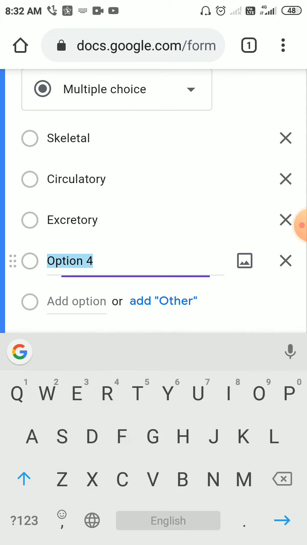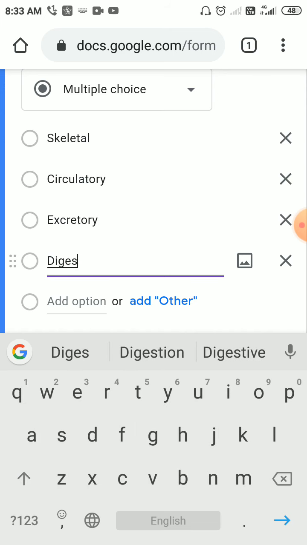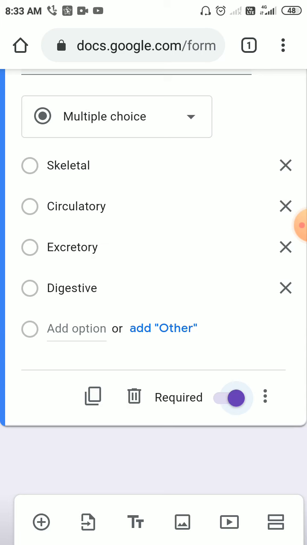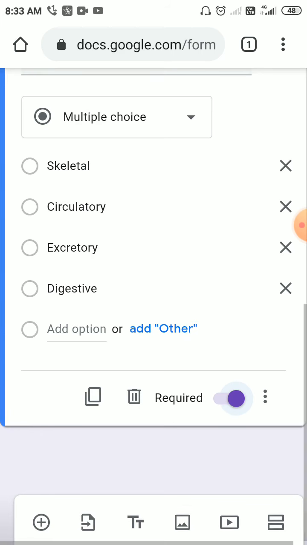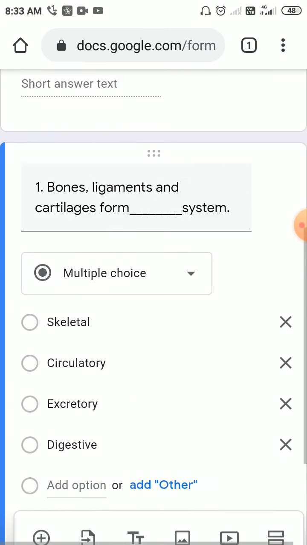And fourth option I am giving, let me give digestive system. Okay, so the four options I just gave, and then again I want to make it a compulsory question. So required option need to be enabled. Okay, so this is first question that I gave, I entered.